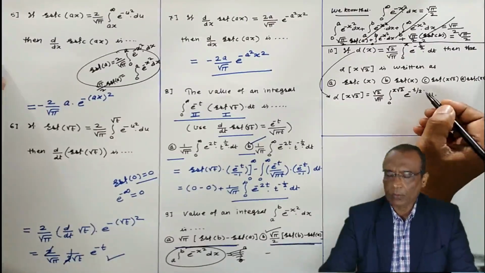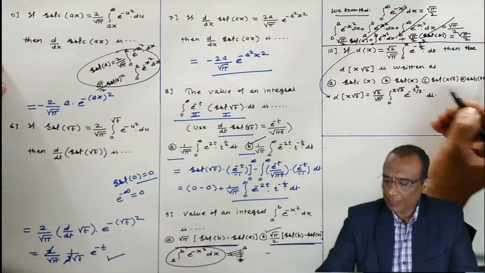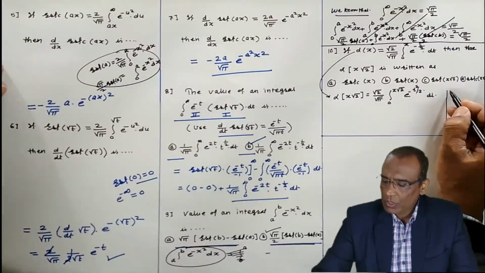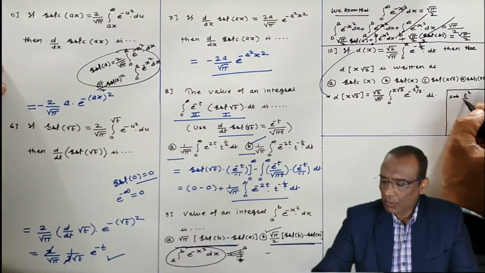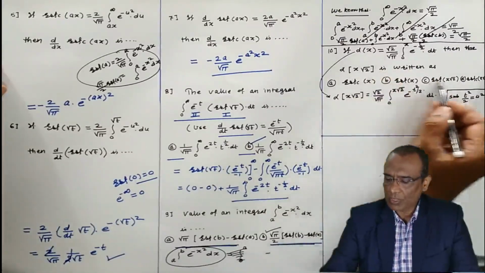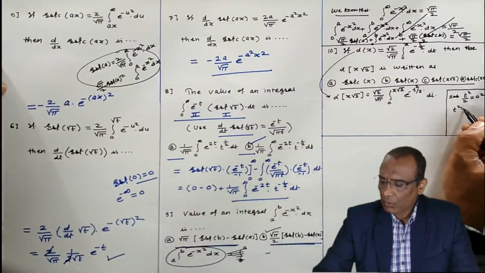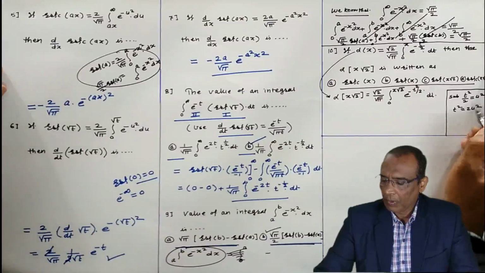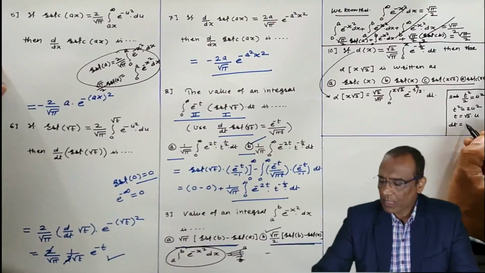Now what I am going to do: this is t square, this is t square. Substitute t square by 2 equal to u square, because I have to write this in terms of error function. Options are given like this, these 4 options are given. Now t square is equal to 2u square, t is equal to, taking square root of both sides. Taking derivative now, because we are going to change the limits.